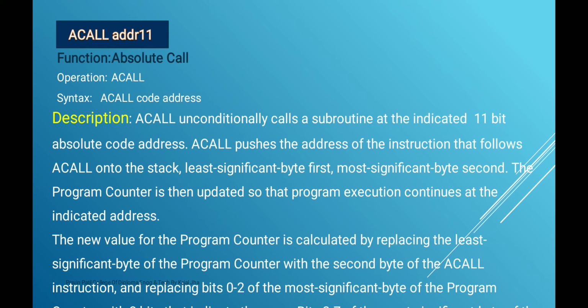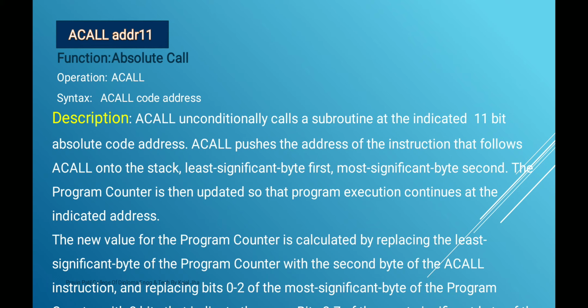After executing the instruction ACALL fact, the return address is stored on the stack locations 08H and 09H, and the PC is loaded with 0345H. That is the program memory location, which continues the execution from this address. This is the starting address 0345H, which continues the execution from this address only. So the length of the instruction in bytes is 2.